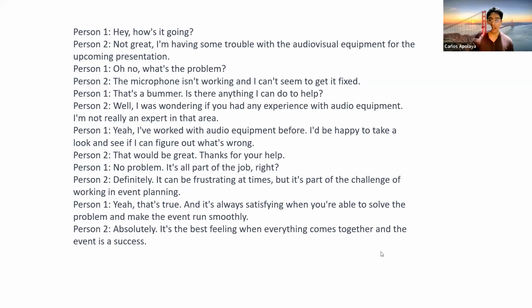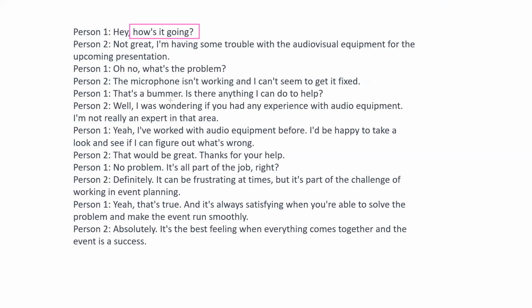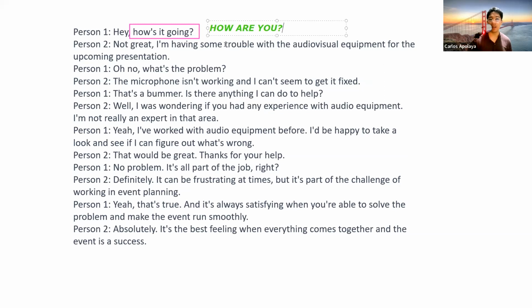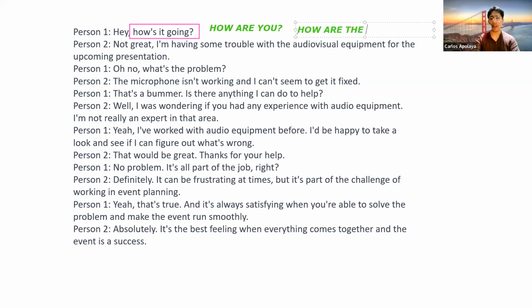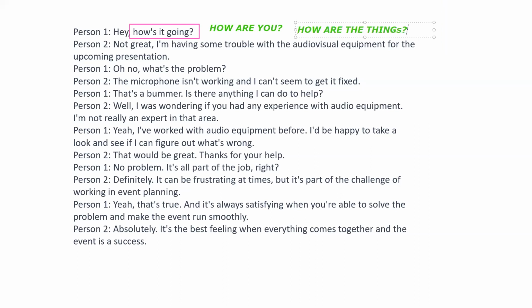Feedback. And Jimmy, what does "how is it going" mean, or another way to say "how is it going" in English? How is it going? ¿Cómo está yendo? ¿Cómo te va? It's like, how are you? ¿Cómo estás? How are you? Another way to say how are you, Mary, that you remember? What's up? What's up, of course. What's up, or how are things? Hey, how are things? How are you doing? Perfect.